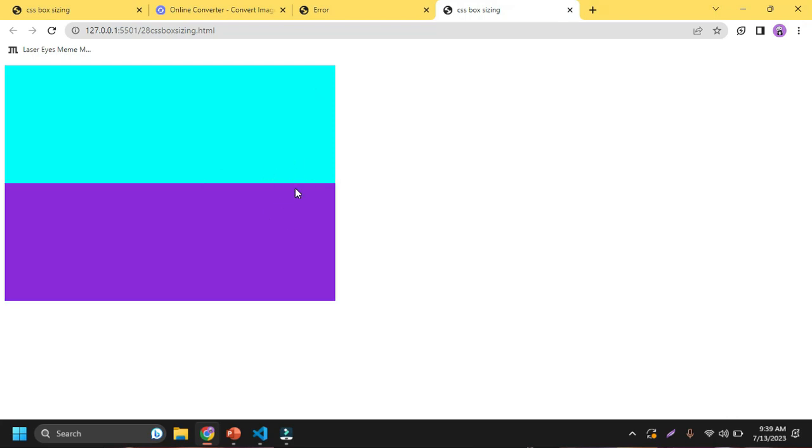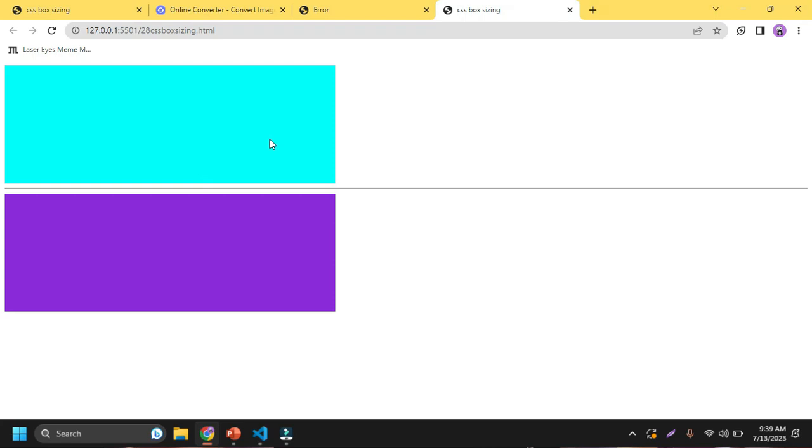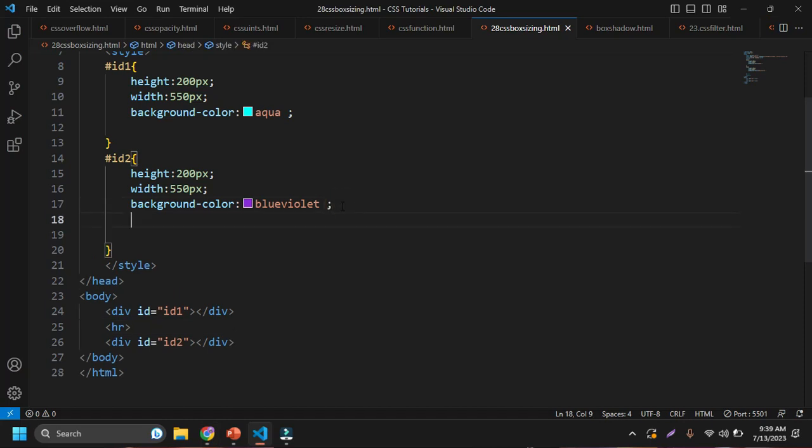I want to separate these divs using an HTML element. I want one horizontal line here, and now you can see clearly the first div and second div have the same size, with 200 pixels height and 550 pixels width. So if I want to give the padding property to ID 2, that means div 2, padding as 10 pixels, and if I go to the browser here, now